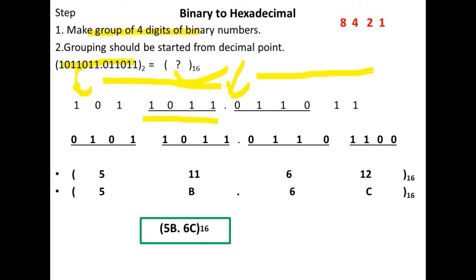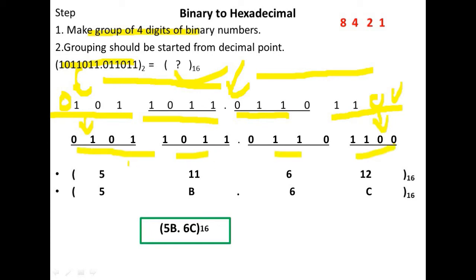So these are 4-digit groups, and here there are 3, so 1 0 will be added here. It is added here, and we have got this digit. And now from the decimal point move to the right direction for the fractional part. For these 4 digits again 1 1, so we have to put 2 0 here. So now we have got groups of 4 digits.